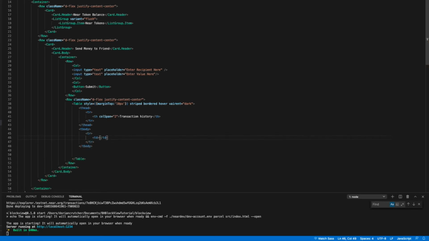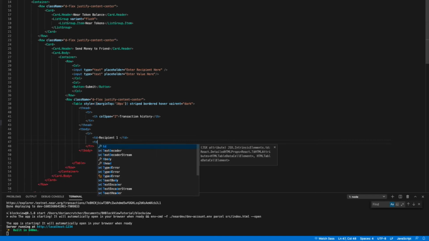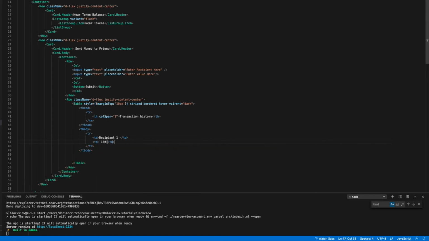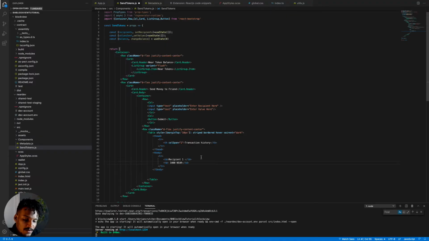We'll say recipient 1, and then the next data field will be td. Just do 100 NEAR or 1000 NEAR, just as a placeholder for when we actually come back to this and we can properly retrieve the data from our contract. So let's save this